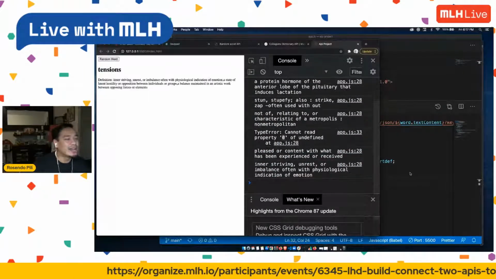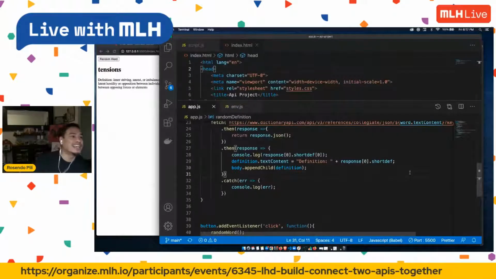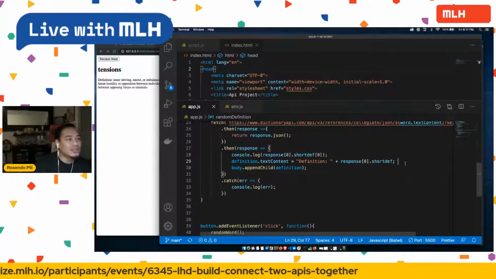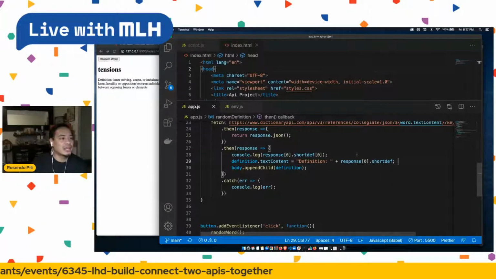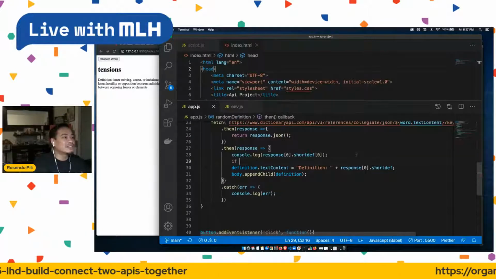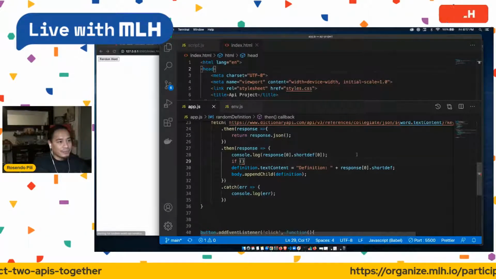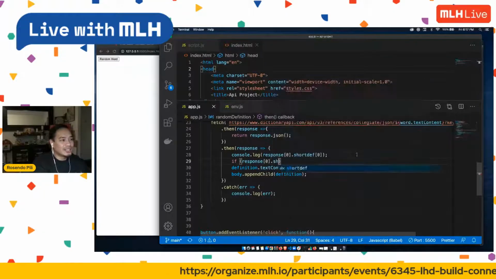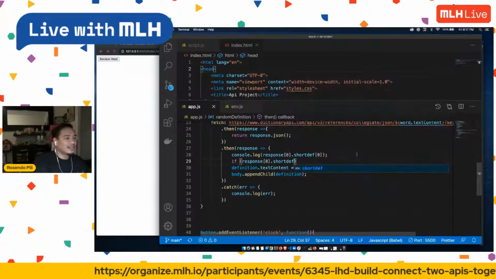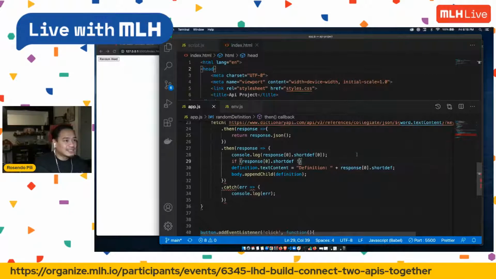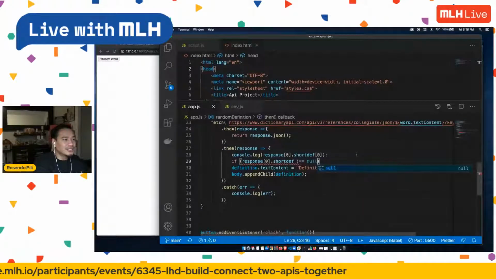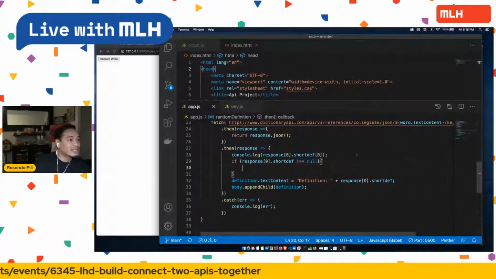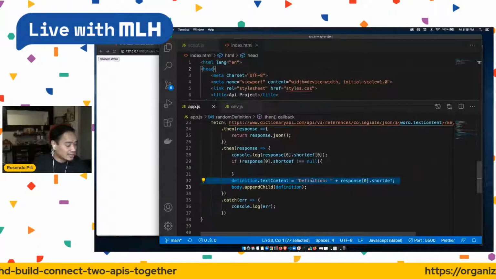You know what? It's up to you how you want to continue to handle those errors. What you could do is maybe create an if statement here. So if response[0].shortDef does not equal null, you could then assign, you can then say,